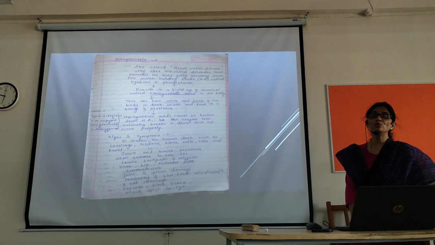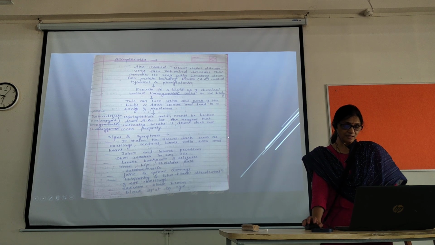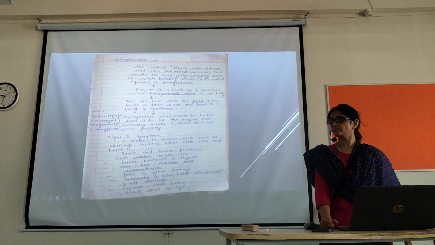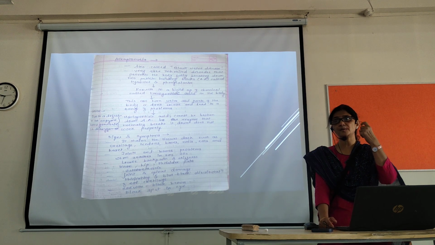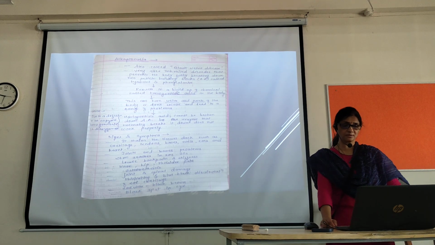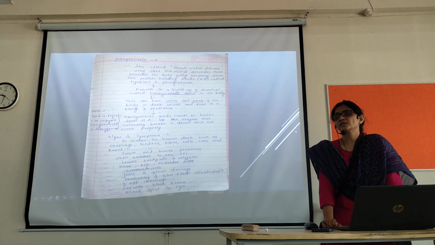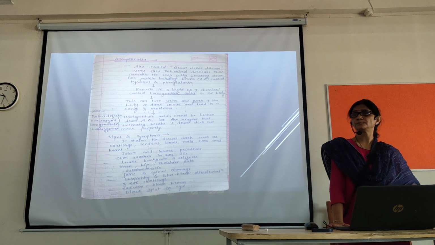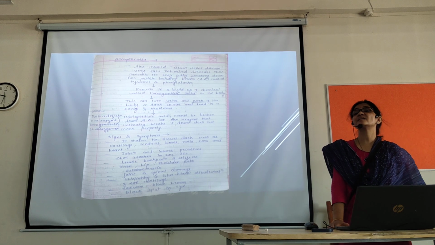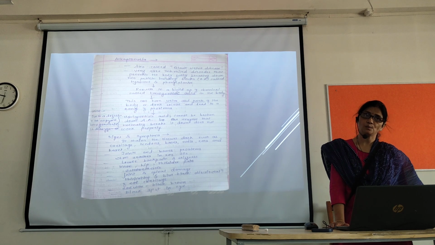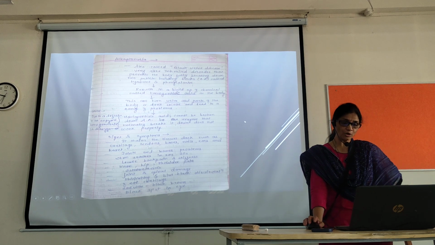Then thickening and blue-black discoloration of the ear cartilage. So earwax, a lot of waxy, sticky debris collects in the ear, which is black or brown in color. Due to what chemical formed in this? Homogentisic acid. It is black in color. That is why the body or tissue parts get a black or brown color.